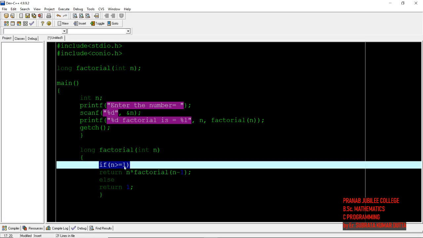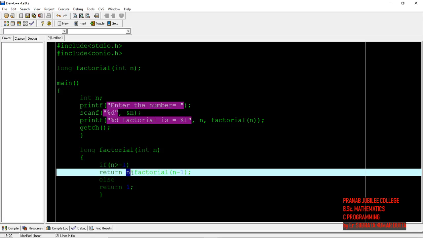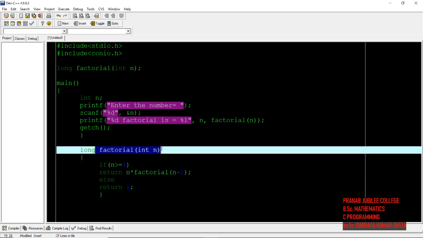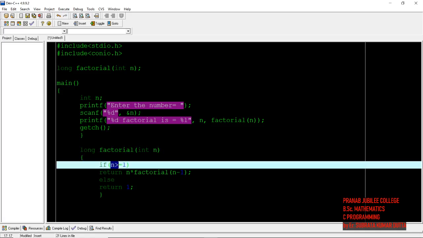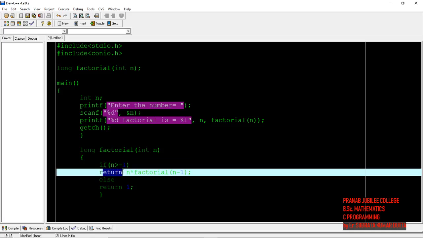Is 4 greater than 1, yes. So it does 4 multiplied by factorial of 3. Again when the compiler reads factorial of 3, it jumps to this portion, but now n is 3, not 4. Is 3 greater than 1, yes, so it runs this part.